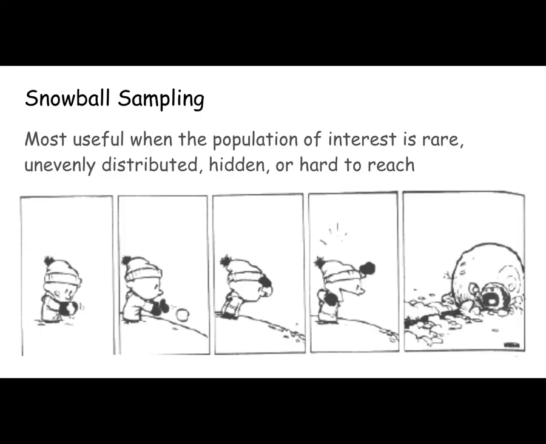Another kind of sample that's common in the qualitative research literature is snowball sampling. So here we're using this when we've got a population that's rare or unevenly distributed, hard to reach. So if you're doing a study on people who are homeless, or if you're doing a study on drug users, things that people who are probably not going to respond to an advertisement,